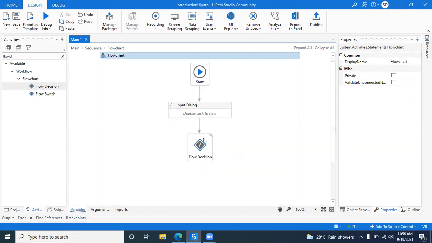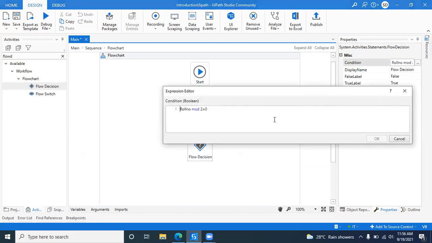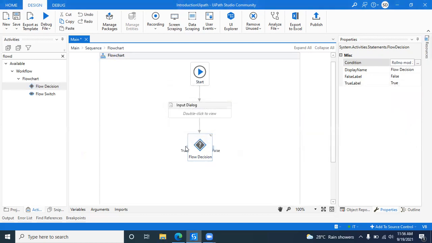So the condition defined is if roll number mod 2 equal to 0, then it should go to the left. That is true. If it is not mod 2 equal to 0, then it will go to the false. This is the decision I have to make.